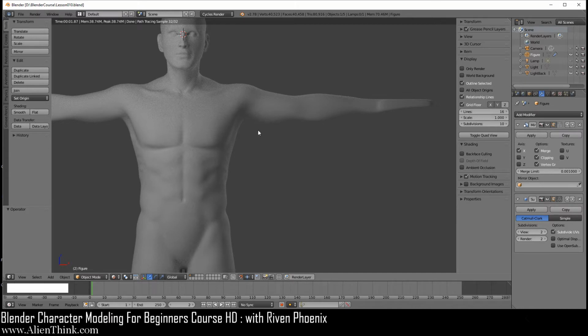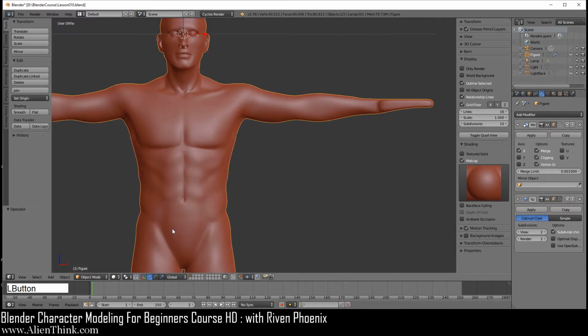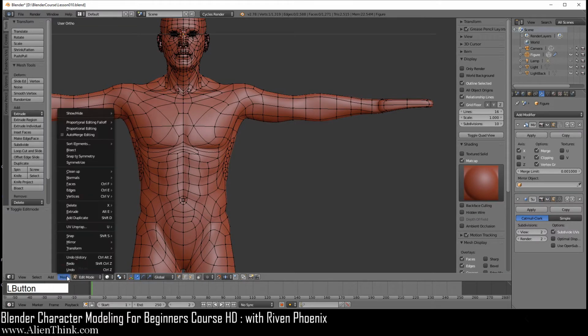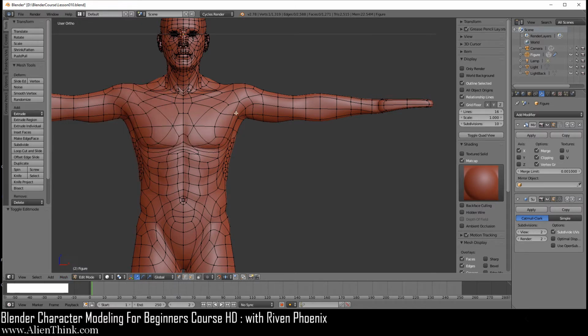Okay. So the first thing that we're going to do is go ahead and make sure that we're only selected on this layer over here. And let's go back to solid view over here. Make sure that our snapping is enabled. We're back on increment. Go back to edit mode, and under meshes, edges, make sure that you have your shortcut key Control A enabled. Okay.